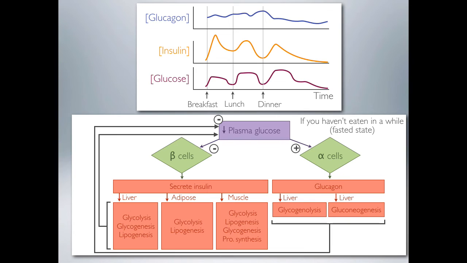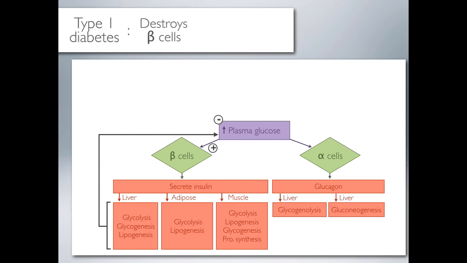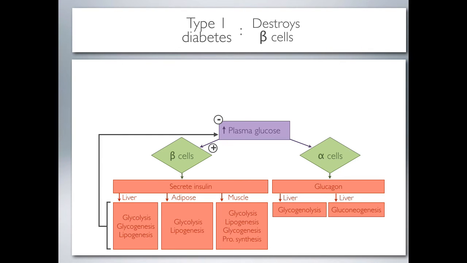Okay, so let me pose a scenario. Given this control, here's a scenario. Type 1 diabetes. Now, we don't talk a lot about disease states or diseases, in part because I'm just trying to explain how things work in a healthy state. And once you involve diseases, sometimes things get even more complicated. But here's an example of a disease that I think is beneficial for understanding how things work in a healthy